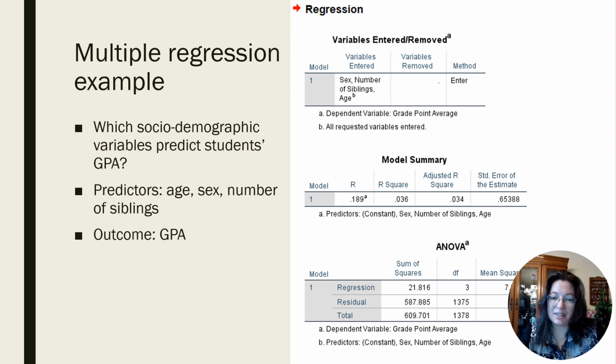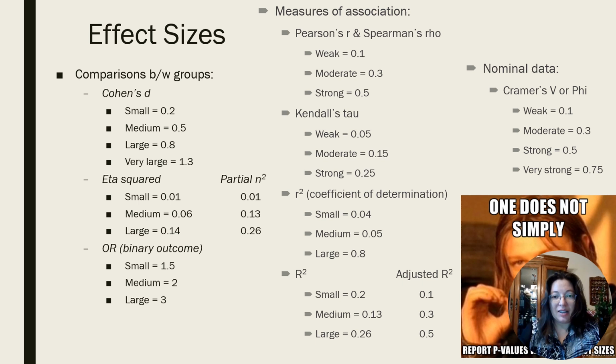If we were to look at our effect sizes slide, we would recognize that that is not a very good model, since it explains so little of the variation. Yep, and here it is. So looking at the adjusted R-square, you want to make sure you're reading the right column. It doesn't even come close to 0.1 because it's 0.03, right? So it is a very, very small effect size, negligible, we might even say.